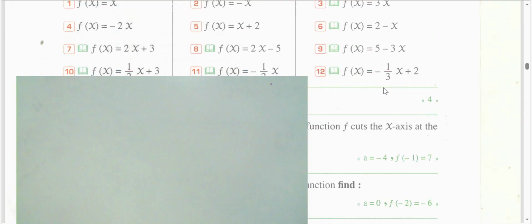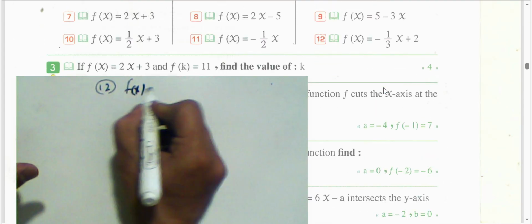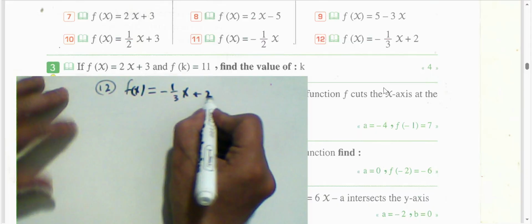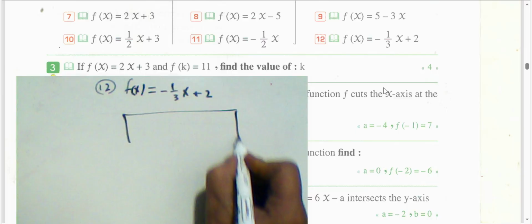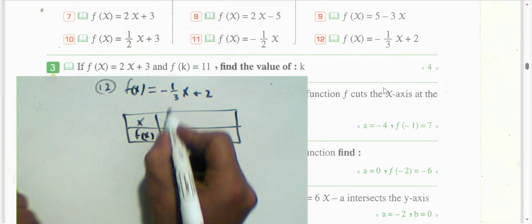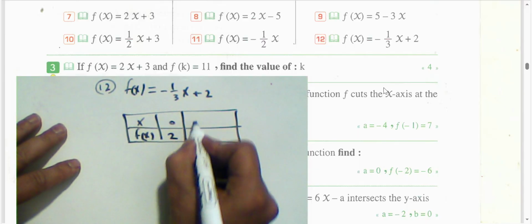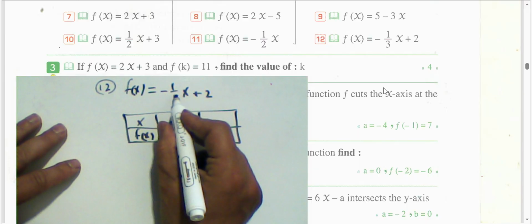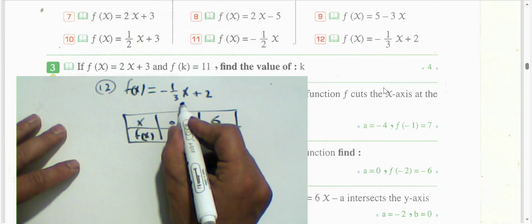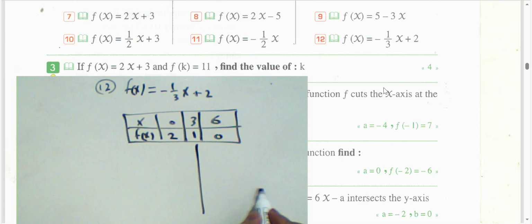What about the function like this? Number 12. We have f of x equal negative one third x plus 2. We can draw the table like this and write x and f of x. With the value of x equals 0, 0 times negative one third is 0, 0 plus 2 equals 2. With 3 times negative one third, it will be negative 1 plus 2, it will be 1. Put 6 divided by 3 equals 2, negative 2 plus 2 equals 0, and then draw